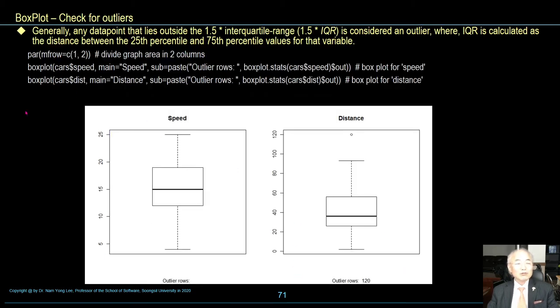So we can use box plot to spot outliers in the cars data set.